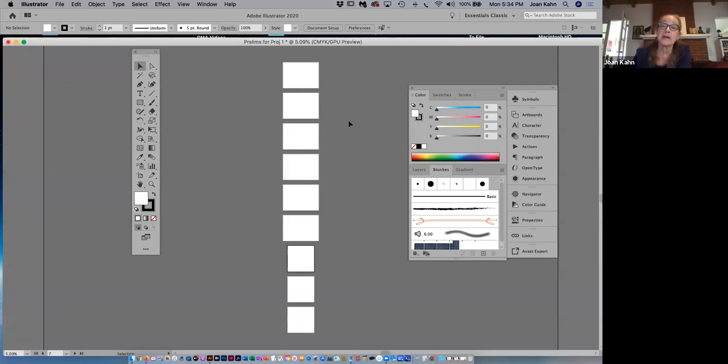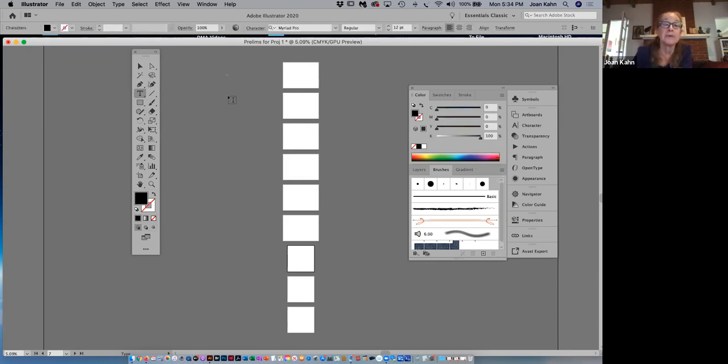So in this assignment, I'm doing 9 preliminary studies. And you can type with the type tool if you want to. You could type right on the clipboard. In Illustrator, you can put things on the clipboard. In Photoshop, there is no clipboard, so you can't do that. I could, for instance, type here, but you would probably want the type to be big enough that you can really see it. So I'm going to make it 24 points maybe, and I'm going to type in